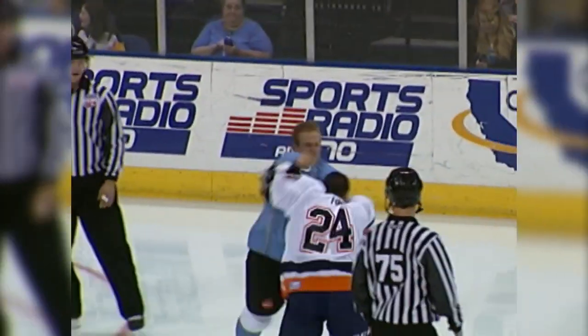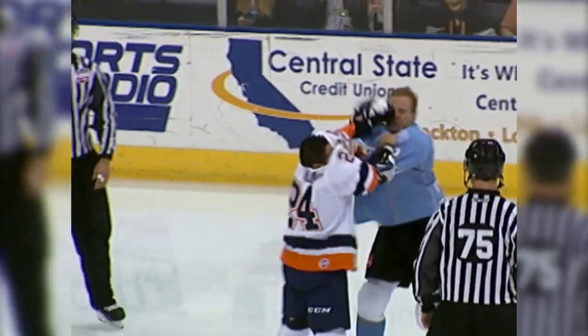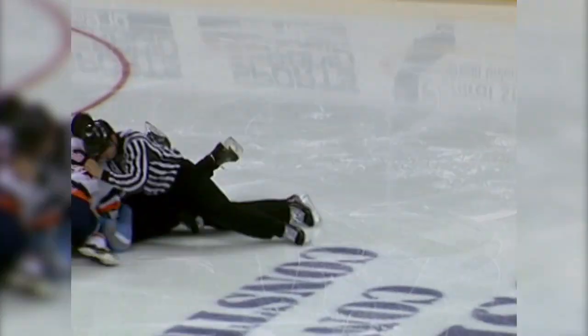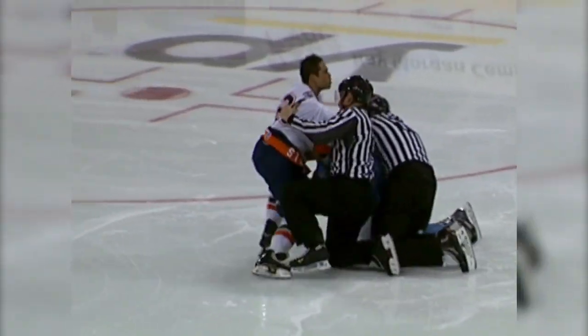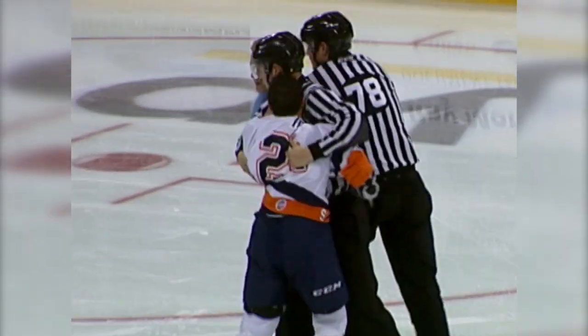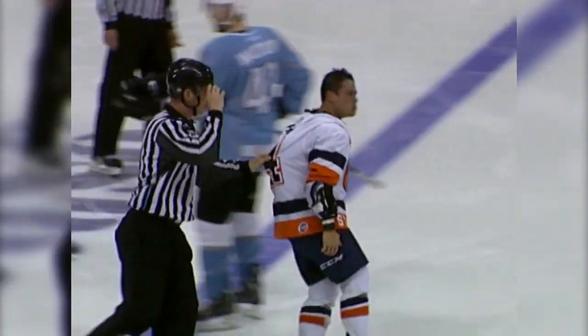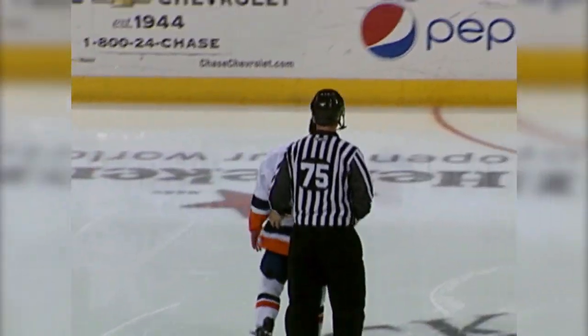Oh, but Garrett Hunt comes back with the left against McKelvey. Has him off balance. McKelvey throwing some big right hooks as well. They're pummeling each other. Hunt loses the guard and throws McKelvey to the ice and gets on top of him. Both the linesmen intervene, and a very, very good scrap right off the opening face-off, and Captain Garrett Hunt has